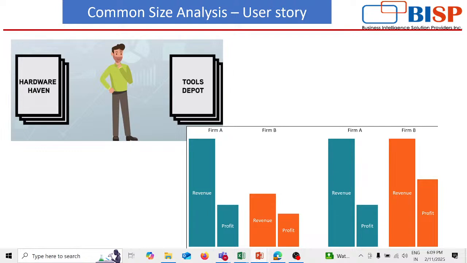Then he would convert them to common size format, where he will have a common size income statement, which will express each line item as a percentage of total revenue. Also, he would convert the balance sheet to a common size balance sheet, where he would express each item as a percentage of total assets. Once he finishes this analysis between firm A, Hardware Heaven, and firm B, Tools Depot,